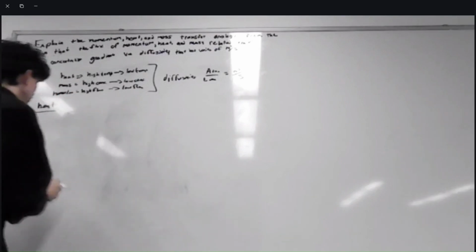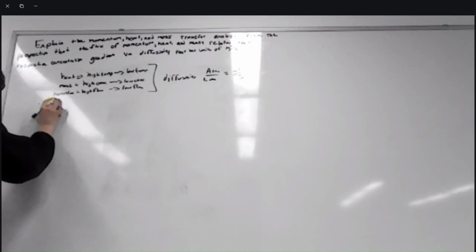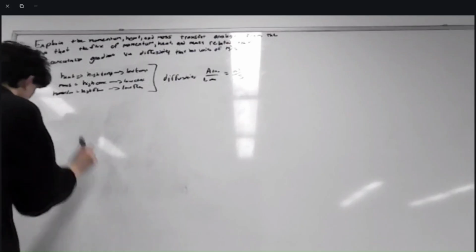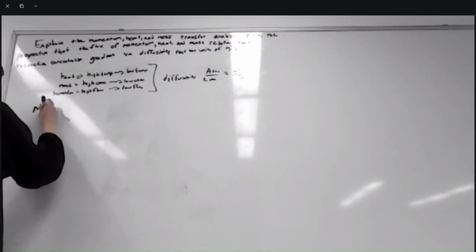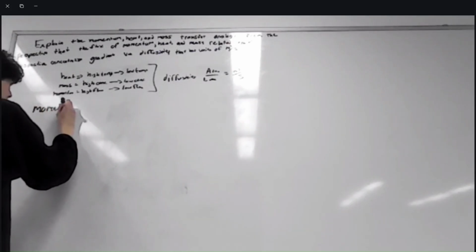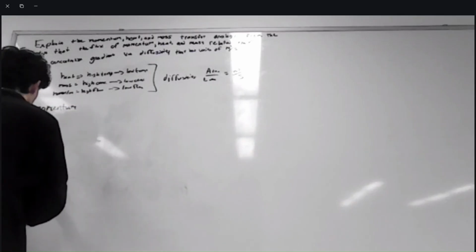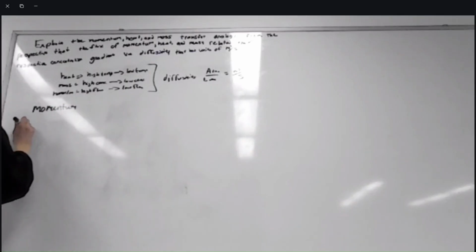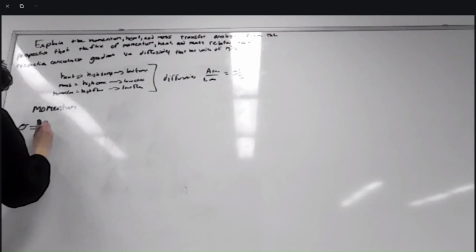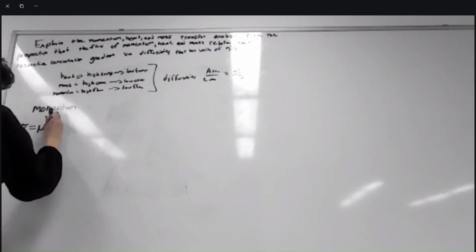Actually, we'll go over momentum first. So inside momentum, we'll be going over a Newtonian fluid, where our shear stress is equal to our viscosity and then our